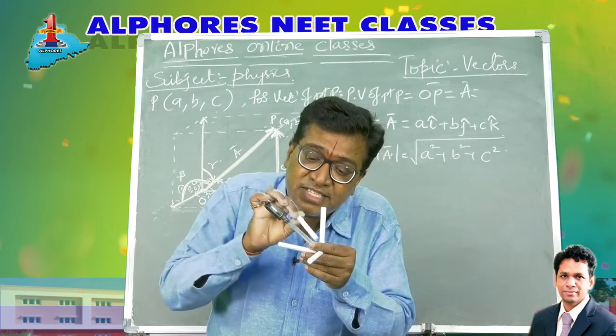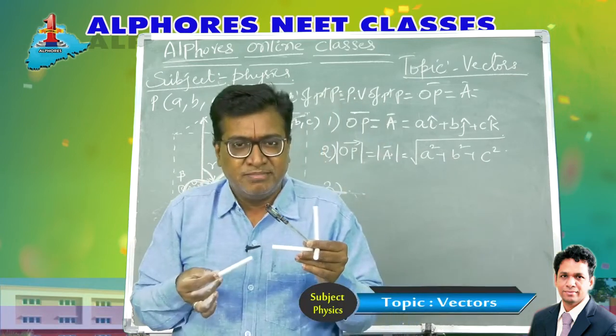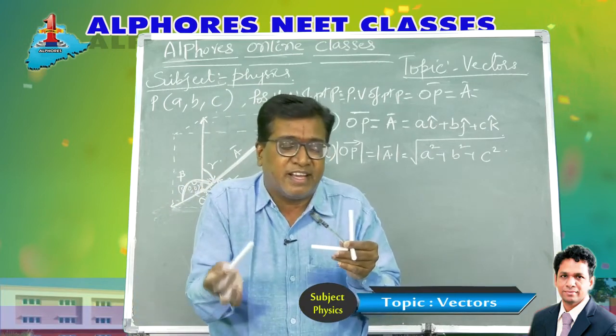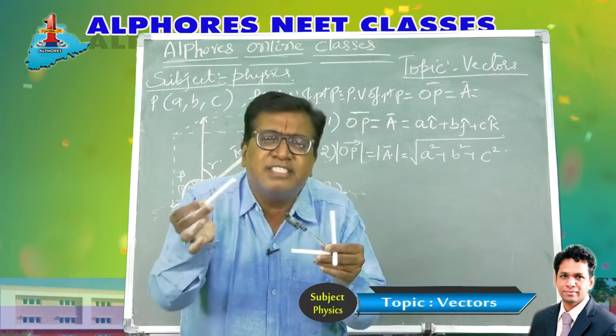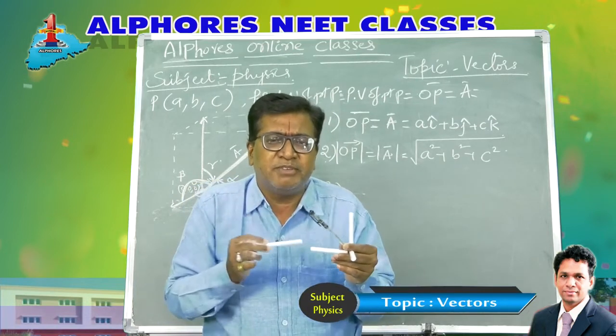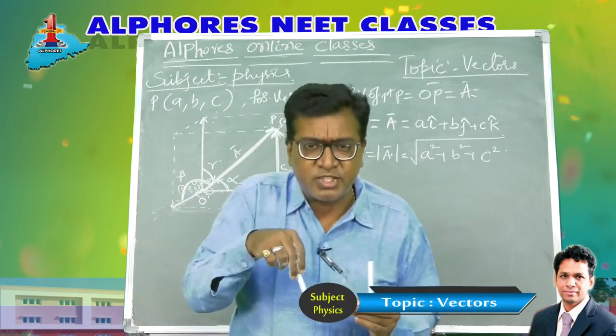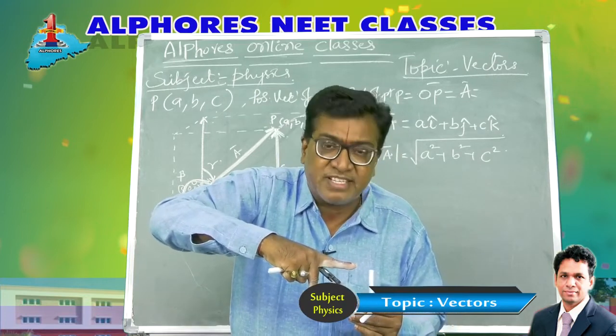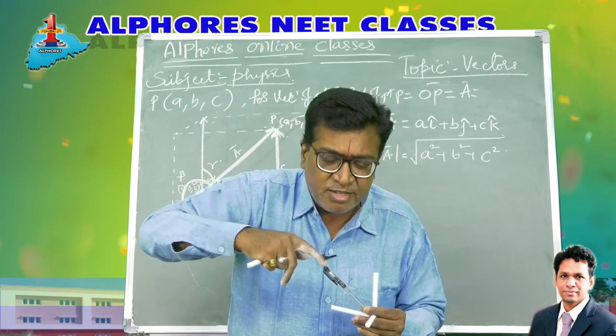Now the point A comma B comma C, and this point is 0, 0, 0. What is the length of this segment? The magnitude of the vector, modulus of the vector, absolute value of the vector. It is the length of the segment between two points. You can find it using the distance between two points. Or imagine a cuboid like this. Then this is the body diagonal.